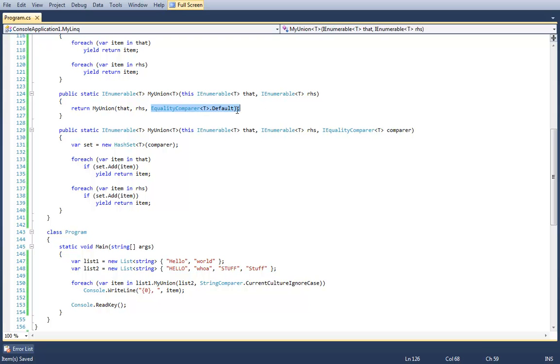Otherwise, the default equality comparer is used, and that's what you would typically get by using the equality operator, ==. For example, for reference types, the default equality comparer will check to see if the references are equal. For value types, it'll check other stuff.